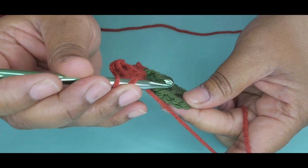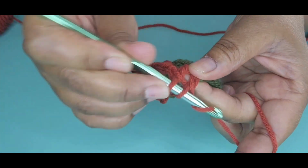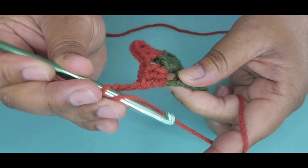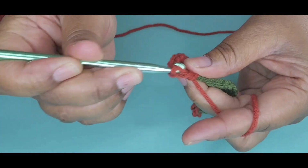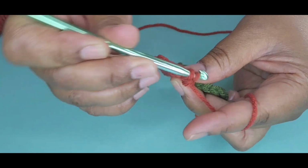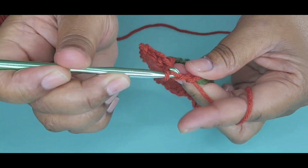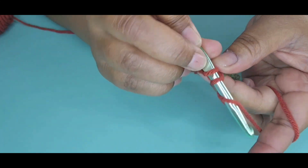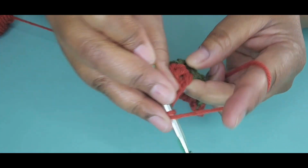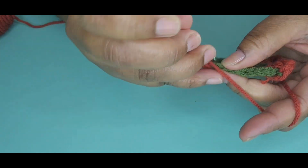We'll chain 1, go to this corner, you're going to put 3 double crochets, chain 3, 3 more double crochets into the same space, chain 1, come to this other corner, I'm going to put 3 double crochets, chain 3, and we'll put 3 more double crochets into the same space,